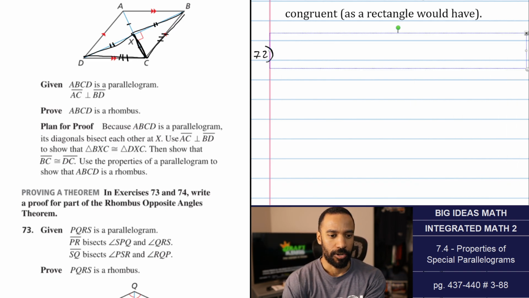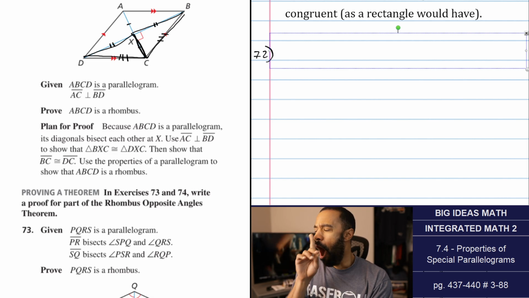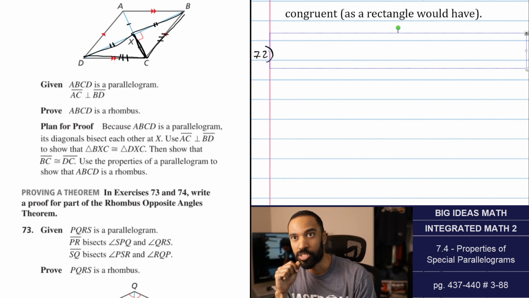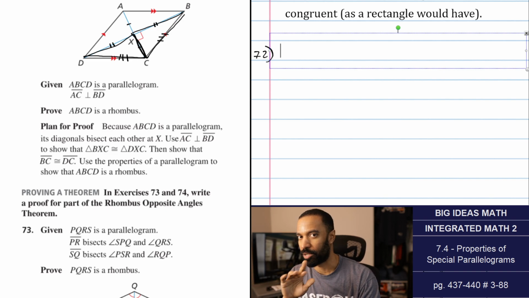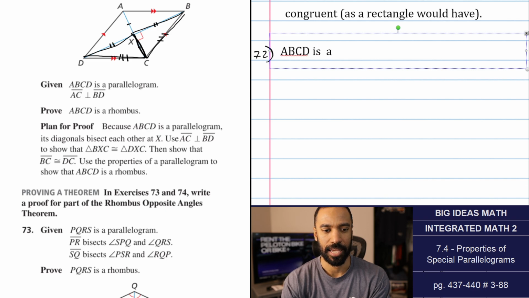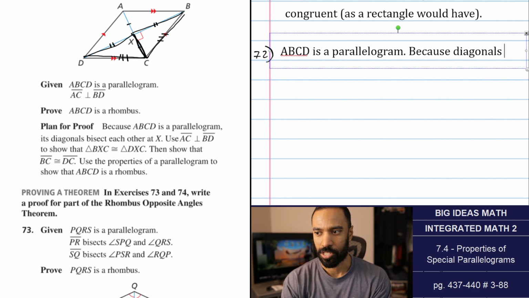So because it's a parallelogram, diagonals bisect each other. Okay, so no problem. I'm going to type it, and anytime something's congruent, I'm not going to be able to have the congruent symbol yet. I'm going to say equals, and then I'm going to put congruent symbols above it. I'll say it out loud, though. So ABCD is a parallelogram. That is a given. So because diagonals bisect each other